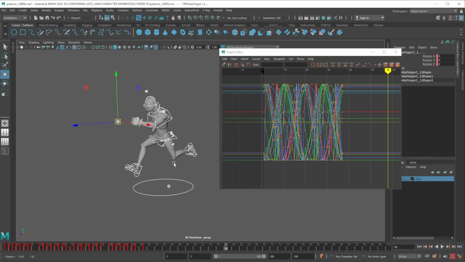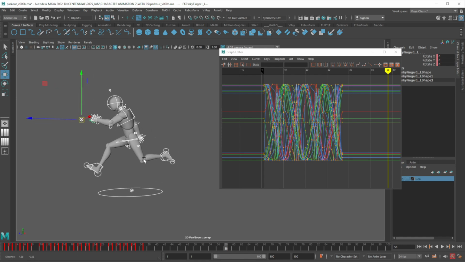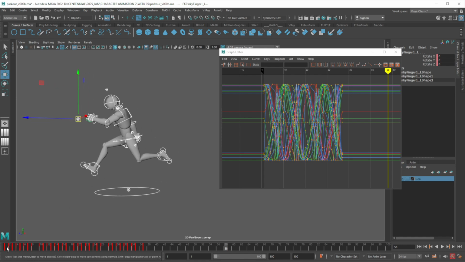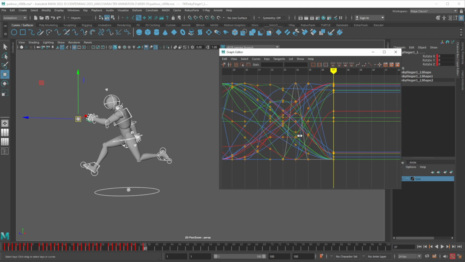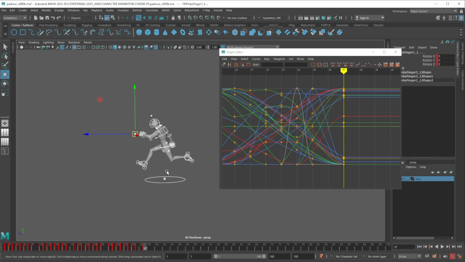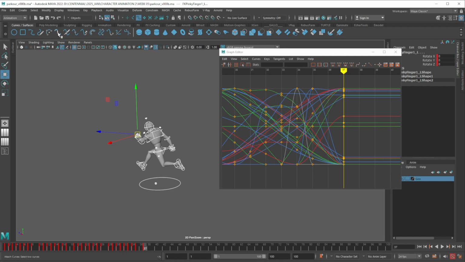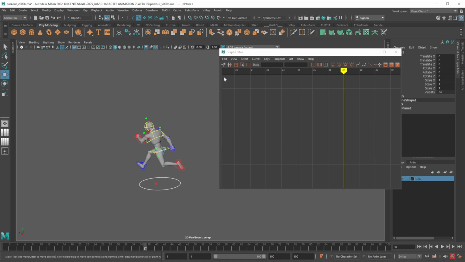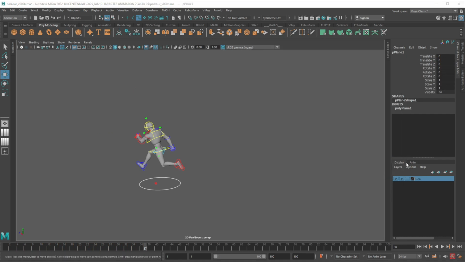And notice that in my running cycle, you remember in frame 1 and frame 19, I had all the controllers keyed. So in frame 37, I'm going to have a key in all the controllers as well. So it's going to be our first key pose. Okay. So from here, I'm going to start working on my blocking for the parkour. For that, I'm gonna create a really big plane,